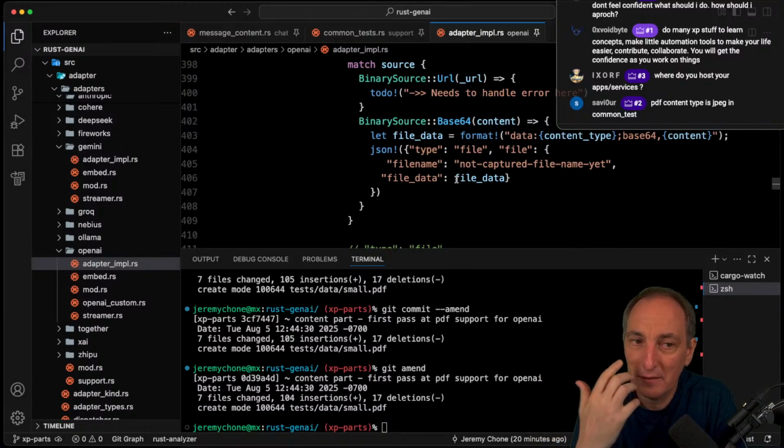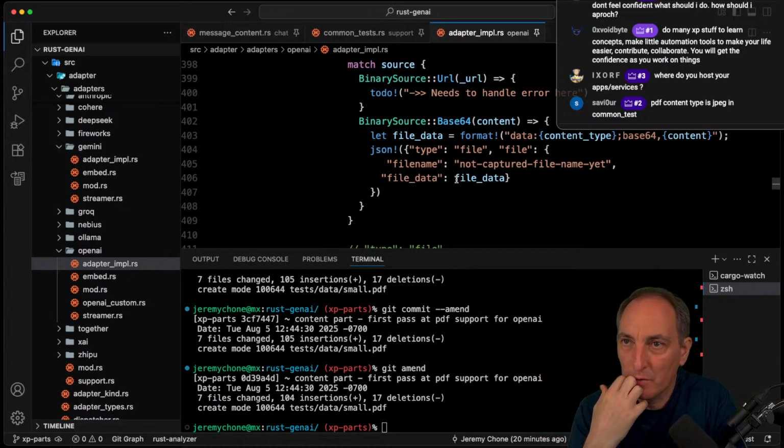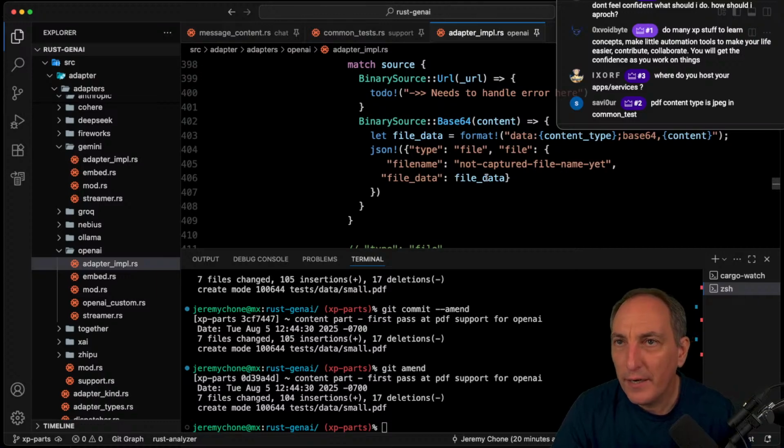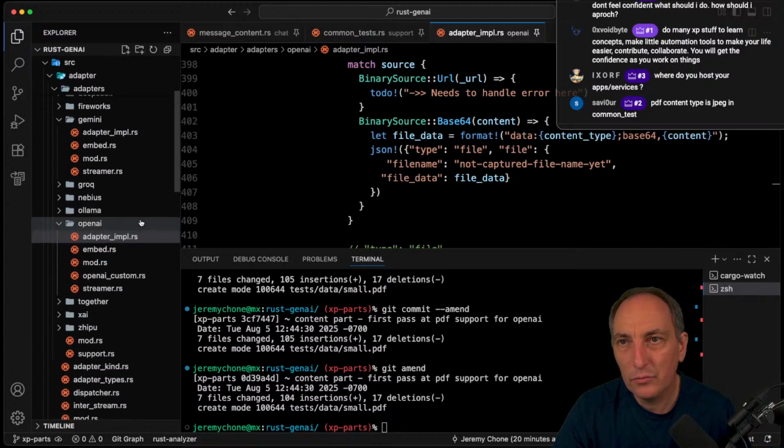It's always about how much information we can give to AI all the time. So the point here is going to be that now that we added that, we can go to